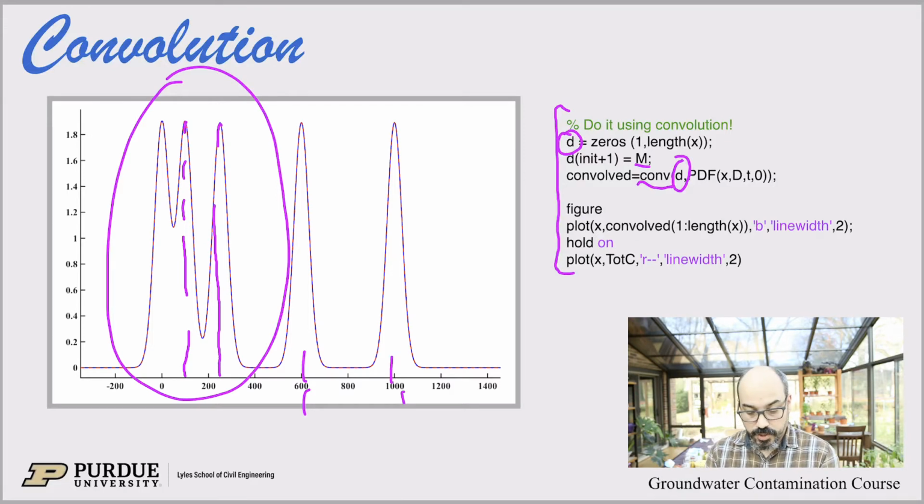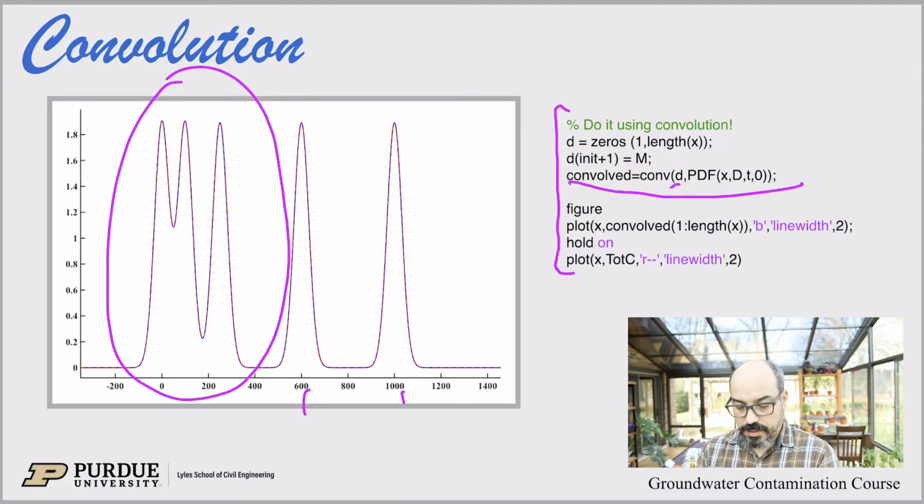So now we have an initial condition that is M at those places. We can convolve this initial condition with our pulse solution, right? So we're convolving those two things together and find that